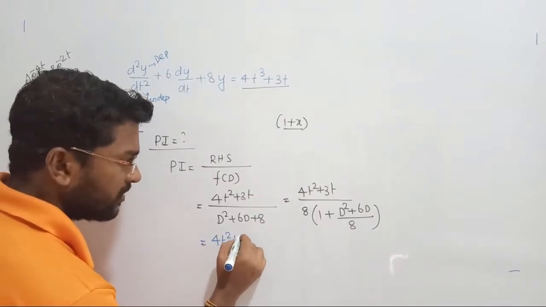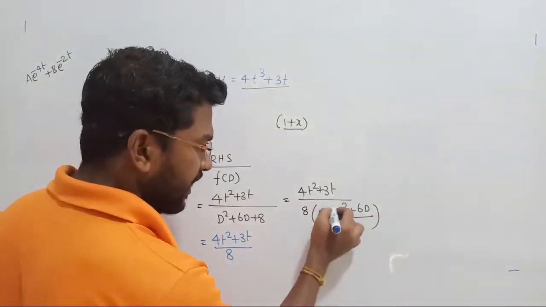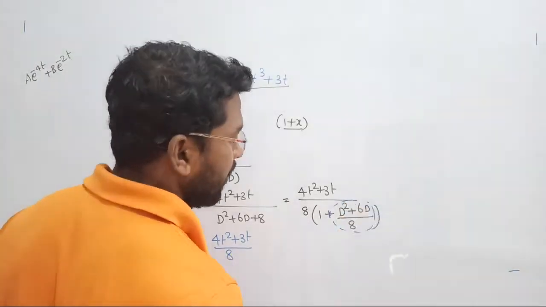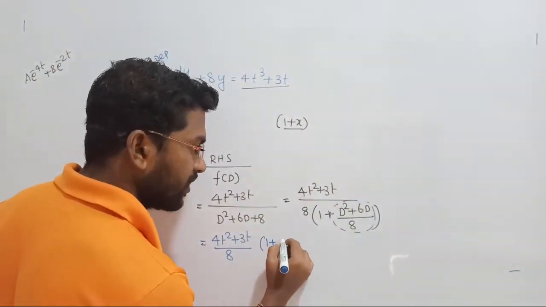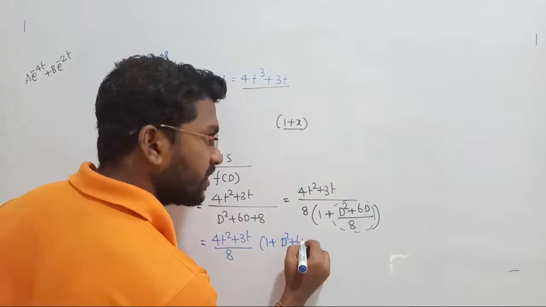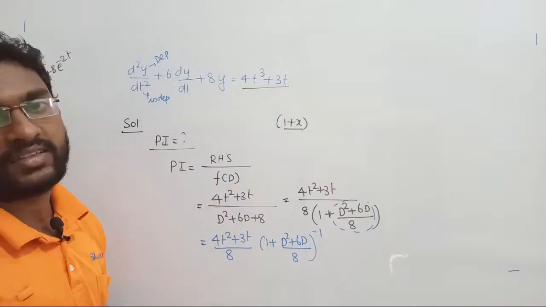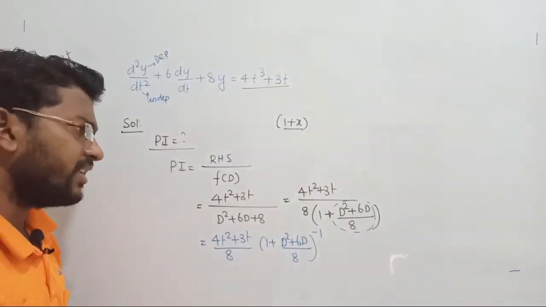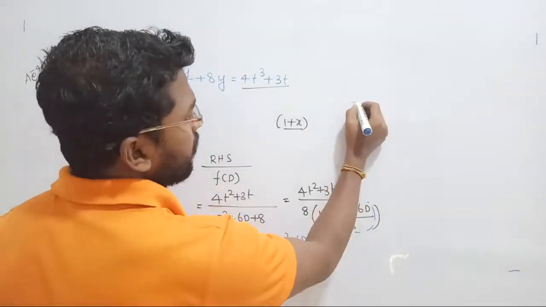4t square plus 3 times t upon 8. Happily we got the answer in the 1 plus x format. This whole term I am treating as x, so 1 plus x. Let us pass it to the numerator. It will become 1 plus d square plus 6 times d upon 8, whole inverse. See, there it is 1 plus x whole inverse, right? Shall we write the answer? Exactly, why not? Let us write the answer for this function. So the answer for this function is going to be